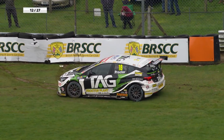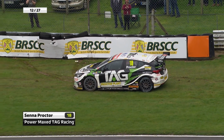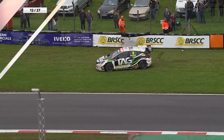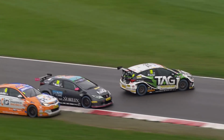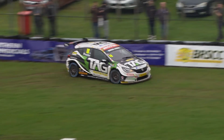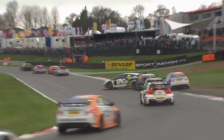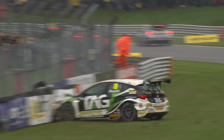Oh, off goes Senna Proctor. At high speed as well, and that's coming out of Graham Hill Bend. He's facing the wrong way on Cooper Straight, but despite what looked like a big whack, he's got the car moving again. Question is, how did he get there? Did he fall or was he pushed? Bang, there was contact from James Nash. And bang. Yeah, but he's gone in sort of relatively sideways. Hopefully that will mean that the actual contact is quite...